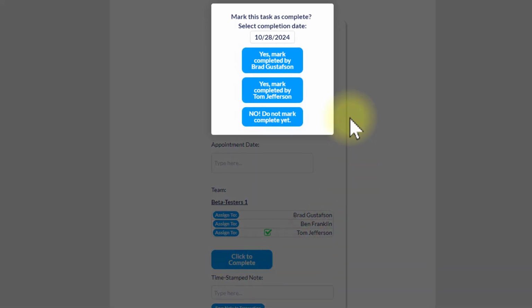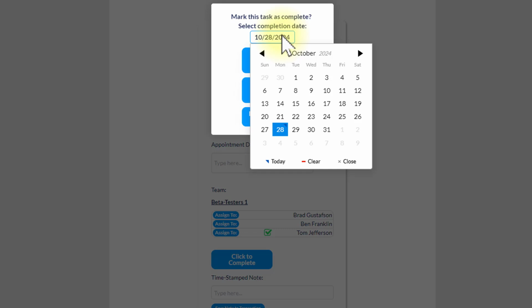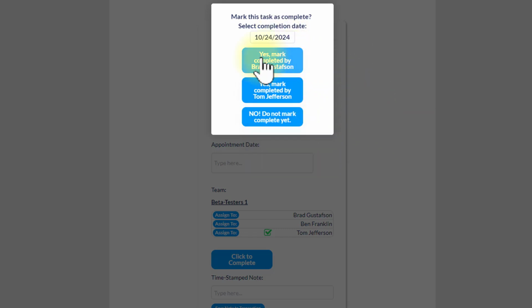The second is when we go to the task page, click to complete. When you click on that, it automatically gives you the current date. Simply click yes, mark completed by either yourself or who the task has been assigned to. If, let's say, it was completed a couple of days earlier, but you just hadn't gotten a chance to get to it, you can click on that date and select the date that it was completed and hit yes, mark